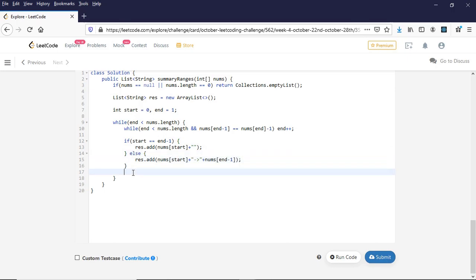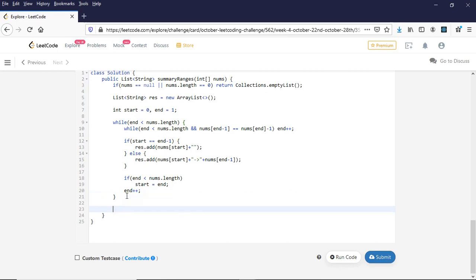Also here the while loop may have broken because end is now out of range, right. So before we assign start to that end's value, we need to check whether end is in range. So here I am checking if end is in range of the array, then start equal to end, and after that I can increment the value of end.